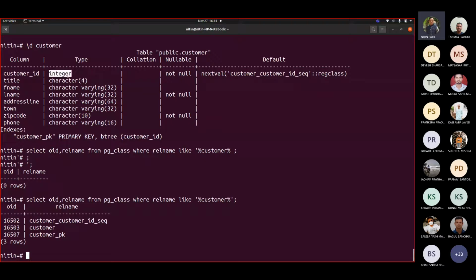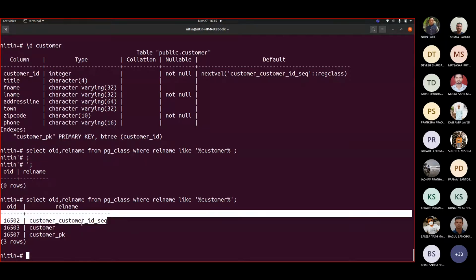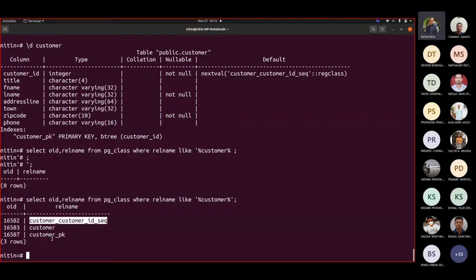If you see the SQL file, you will see the type that was used by us in the customer table for the customer ID column. That's why this customer ID sequence was created. Correct. Similarly, when you defined it as a primary key, this was added.